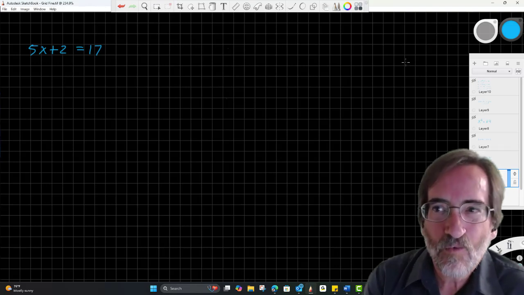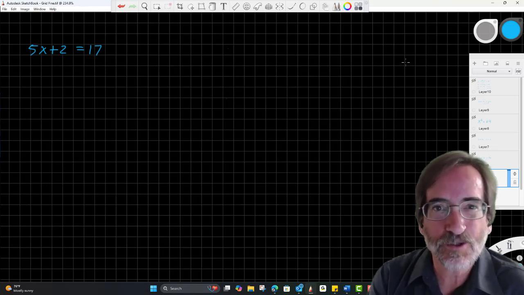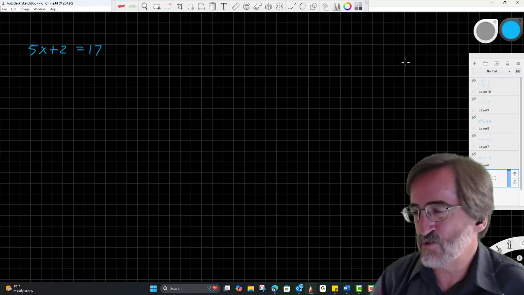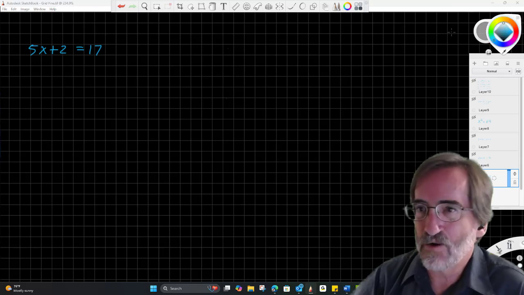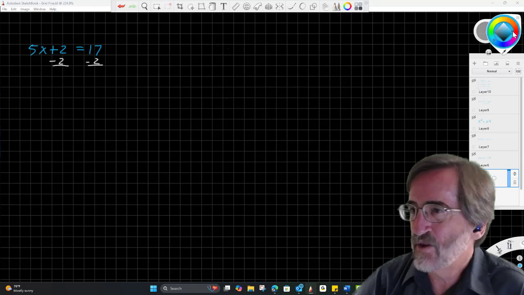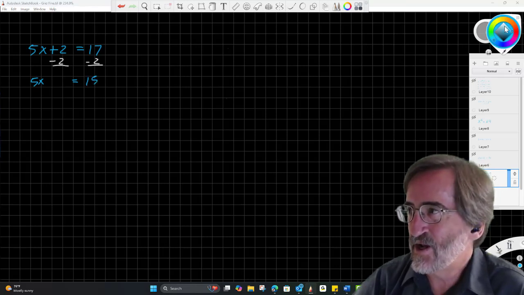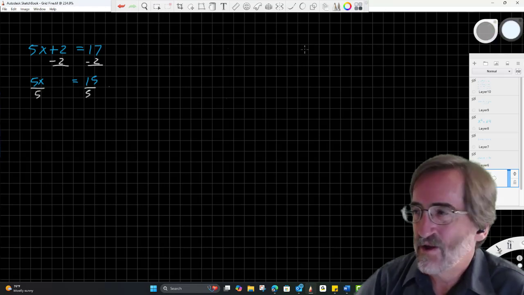Okay, so a solution set is the value or values that make an equation true. In this case, I have what we call a linear equation, 5x plus 2 equals 17. Let's go ahead and solve it. These are steps that hopefully you recall. Undo. Opposite of plus 2 is minus 2. 2 minus 2 is 0. So we get 5x equals 17 minus 2, which is 15. And then divide by 5. Divide both sides by 5. And we end up with